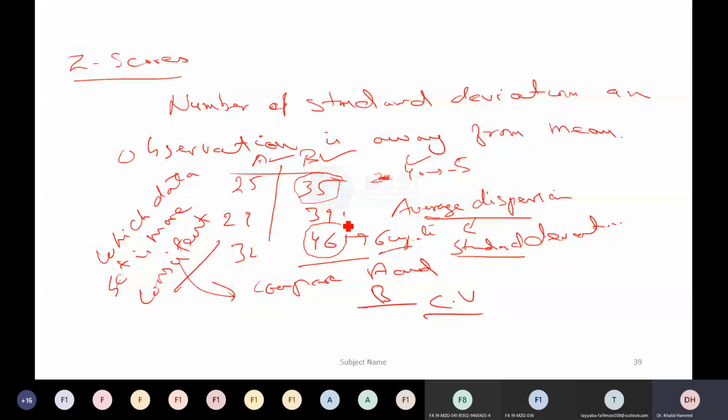But let's suppose I want to compare this observation with another data set whose numbers are like 1000, and then another value like 10,000, and then a value 15,000. And if I want you to compare this observation with the observation from that data set,